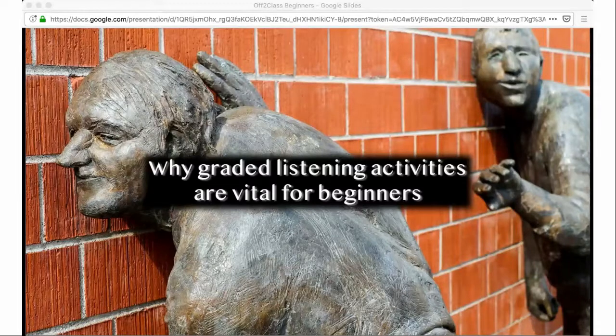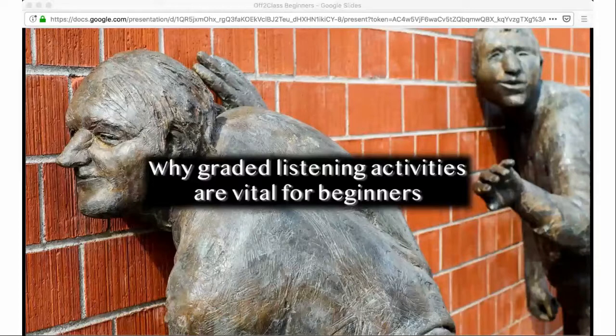Speaking will come. That's the one that students are naturally motivated to do. That's what everybody wants to do. They want to speak before they do anything else. And reading is just part of having content. There are going to be instructions, but listening is one of the most vital things to give to students, especially